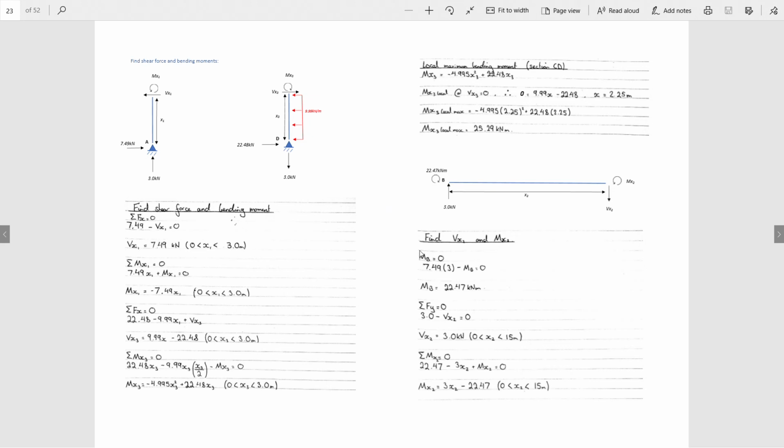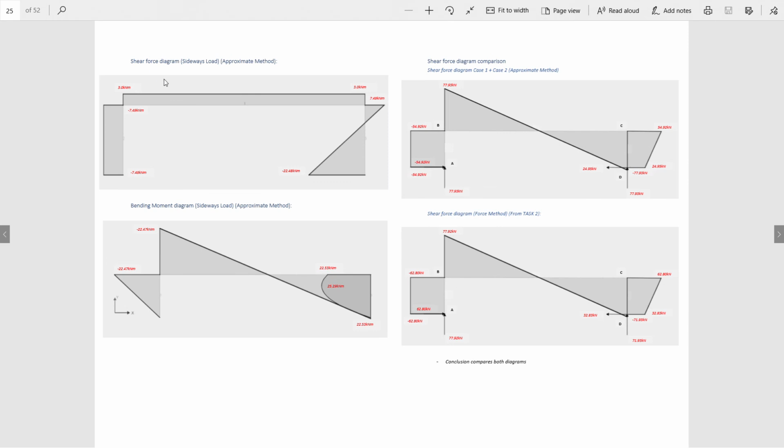Right, so we've got 2 more unknowns at the end, our Vx2, our Mx2, and we just do a basic equation to work these out. And we've got a limitation between 0 and 15, so just on our top member. Right, so we substitute all our values in, and we've got our shear force diagram